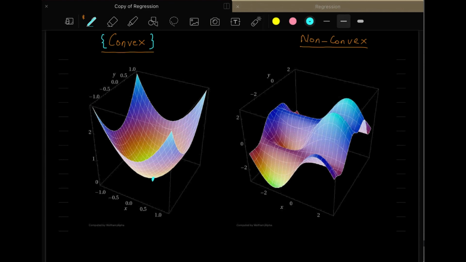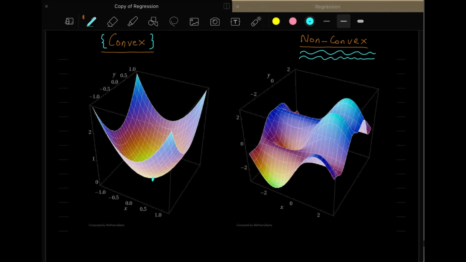The thing is, normally the optimizer can get stuck in any of the local optimum points, and the line that you get, the optimized parameters for that line, will not be as effective as if it gets stuck at the global minimum. So we typically try to avoid non-convex functions, but in certain cases, like in deep learning and other areas of machine learning, it's difficult to avoid them sometimes.